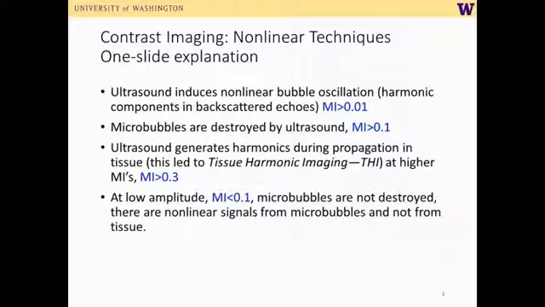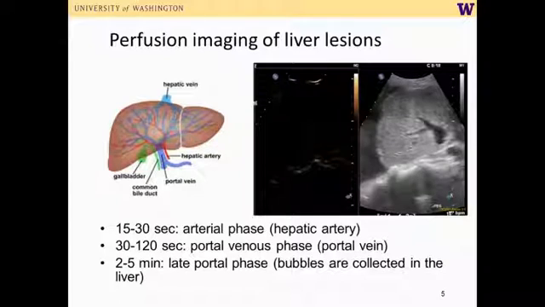So if we insonify at a mechanical index of 0.1, the microbubbles are nonlinear scatterers, and they are not destroyed. There is no tissue harmonic component, and we have a bubble-only image. This is the basic principle with which we observe microbubbles today. Now I'm going to show you a couple of examples. This is perfusion imaging of liver lesions, and here you see what's called a contrast side-by-side. On the right side, you see the tissue image, and on the left side, you see the bubble image. So when I play this loop,